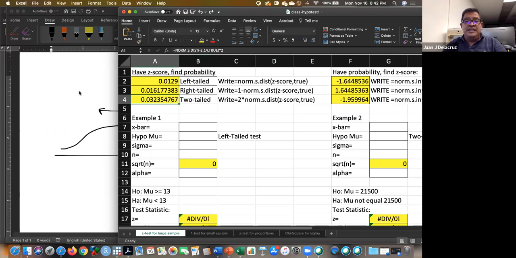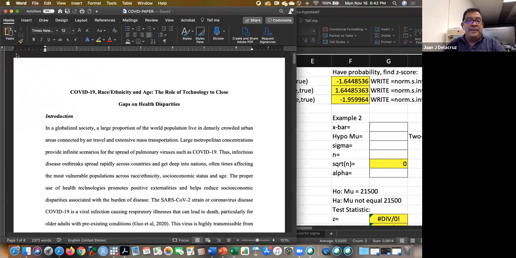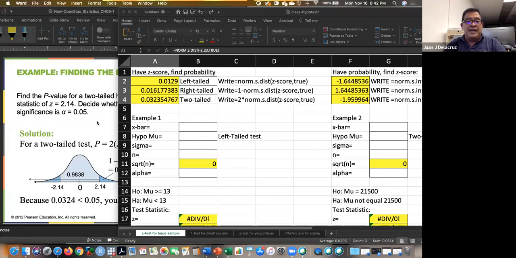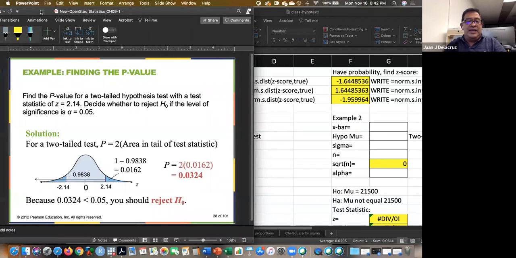So we have this little cheat sheet that you can use to find the corresponding values. You can erase this and just type the values here, and just add the Excel function with the corresponding C-score. Okay, so that is one. So once again, we have the